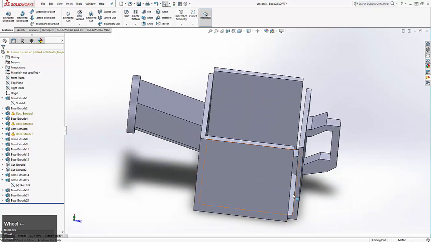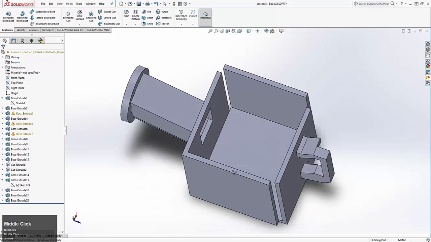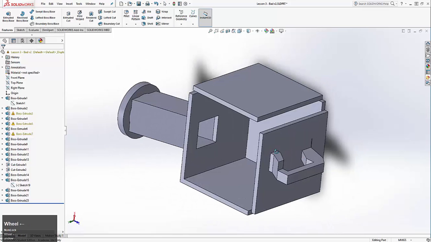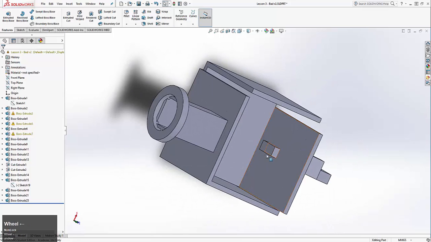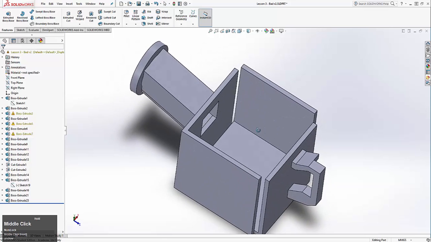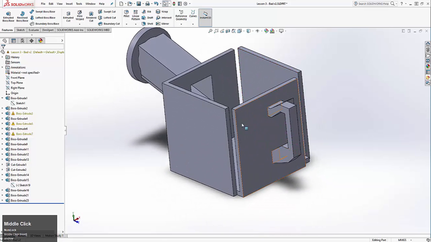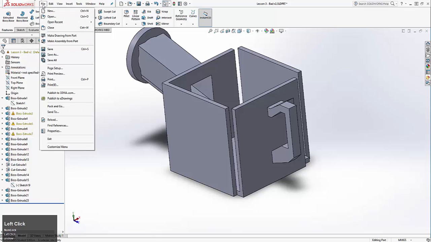So there's a hole here. These sides don't line up anymore. There's a hole there. The handle's sticking through the back wall. It's bad. So I'm just going to do a file reload,